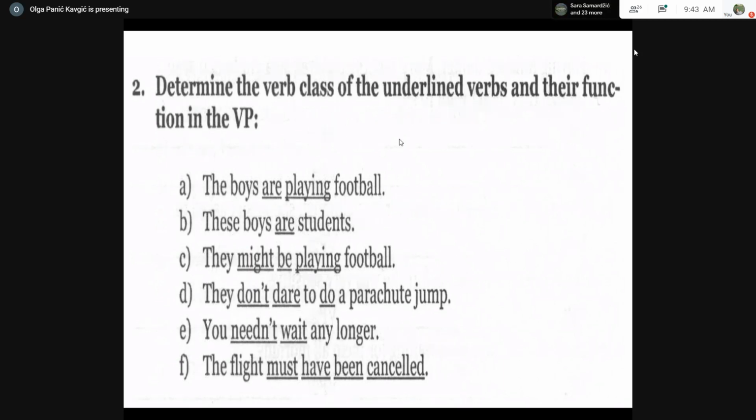R is lexical verb. In this case, it's the very good. How do you know that it's the lexical verb here? Well, it's the only verb. Yes, if it's the only one, there is no other option. It can't be an auxiliary because it doesn't help any other verb. It is on its own. So this is the lexical verb here, and at the same time, it is the head of the VP. Okay, very good. Thank you.